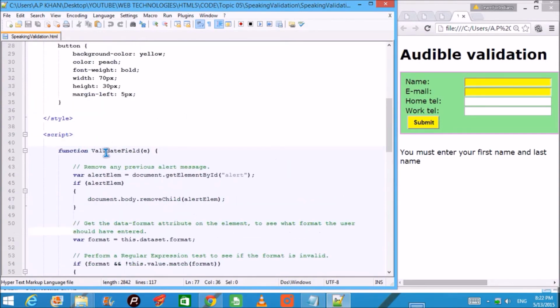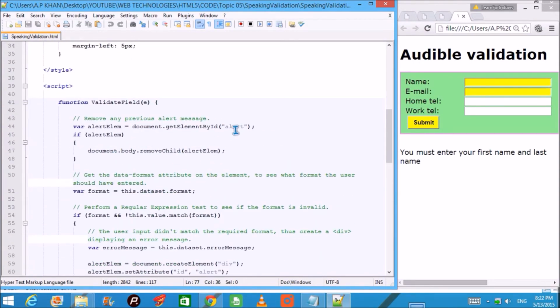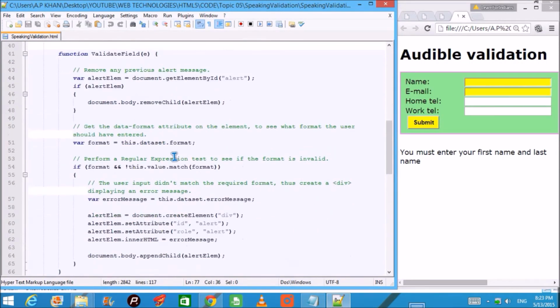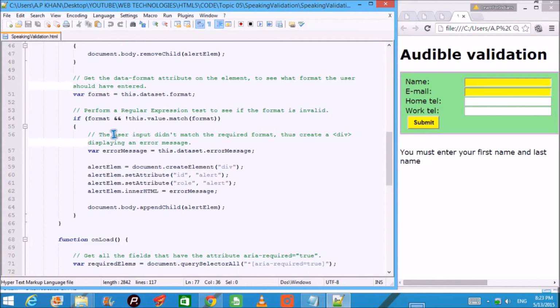And what will validateField do? It will take the element by these IDs, and on the basis of this ID it will check whether the format is correct or not. If the format is correct, it's fine. Otherwise it will create a division with an ID and role, and the error message will be shown in innerHTML and appended also.